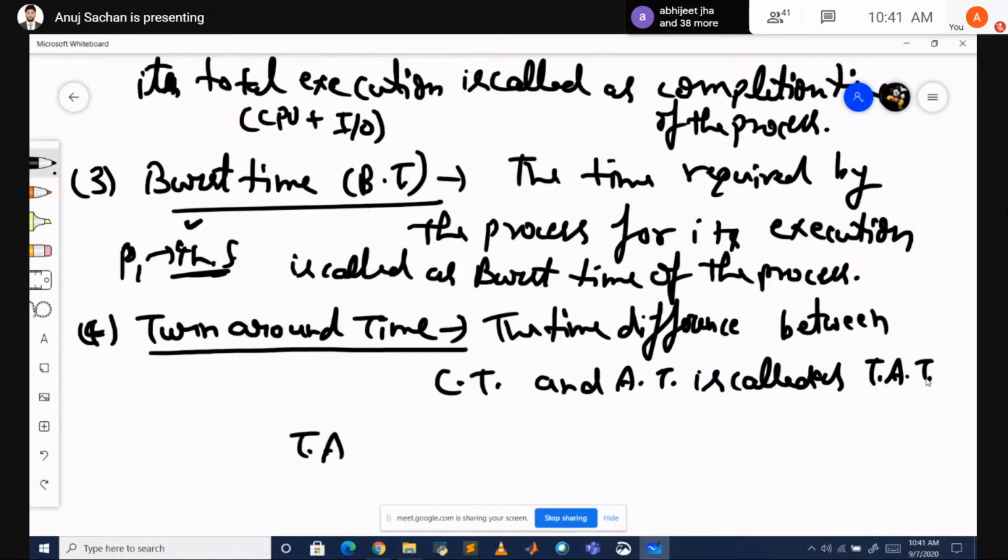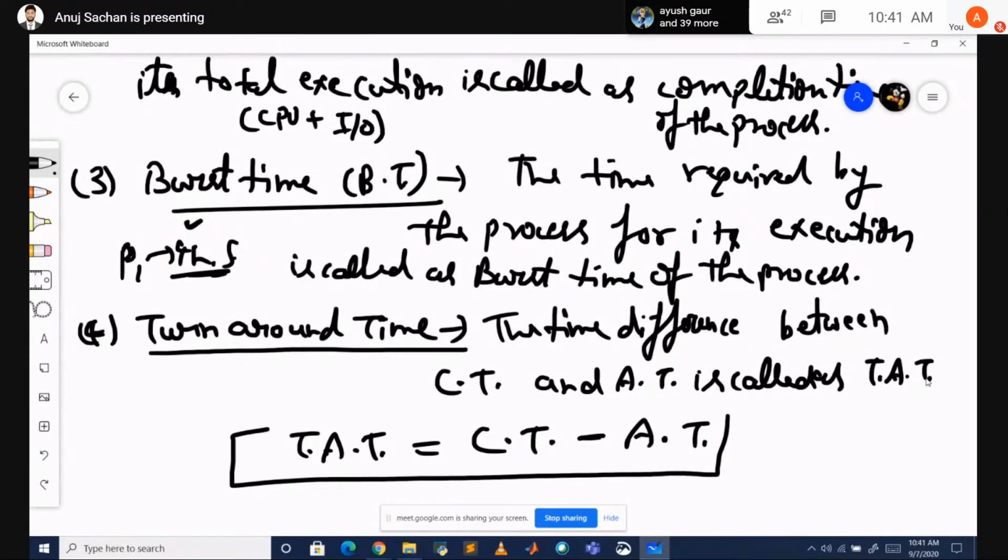Turnaround time का अगर आप फॉर्मूला लिखना चाहते हैं: completion time minus arrival time. ये सब आपके न्यूमेरिकल जब सॉल्व करेंगे ना उसमें काम आएगा।